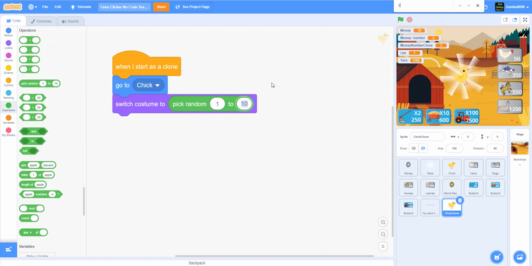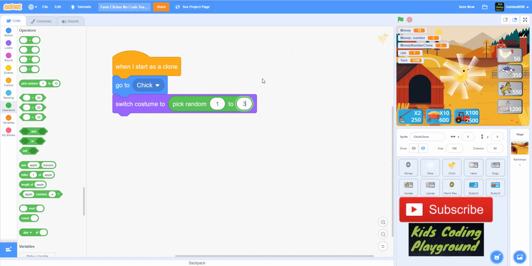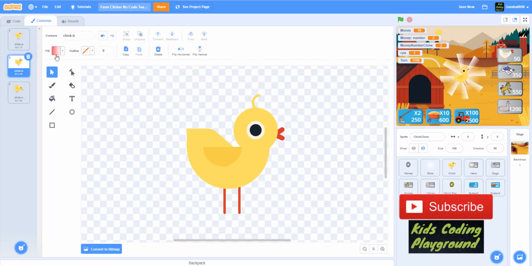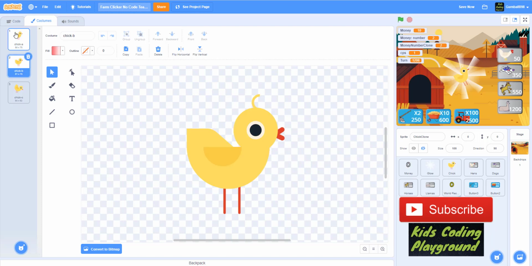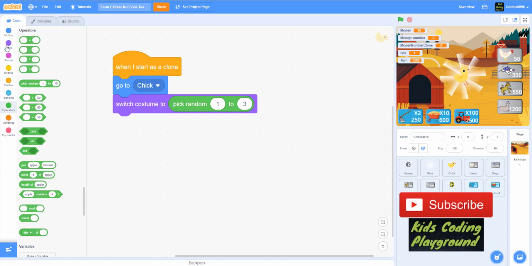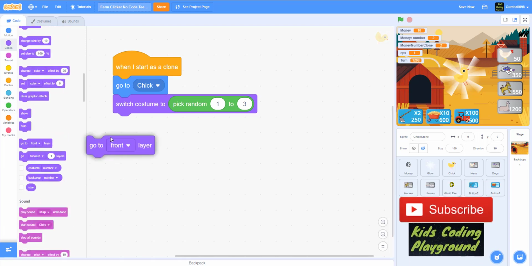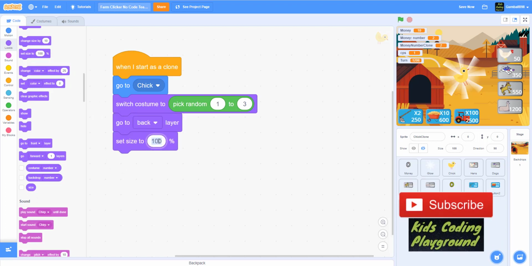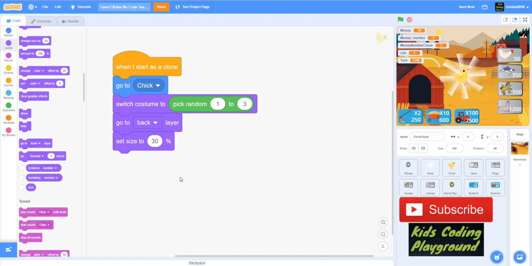So this chicken actually is from the Scratch library, and it has the 3 costumes, and it'll pick random from these 3 costumes, and it'll go to the back layer. And then also set size to 30%. So it's just a little visual quality falling down. And then it'll show, and it'll set